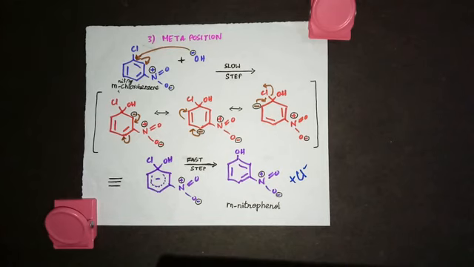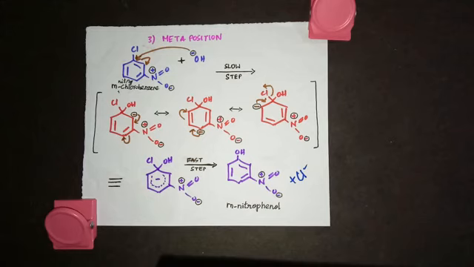So based on these, they might ask you a question: which of the following compounds will undergo nucleophilic substitution reaction at a faster rate? Whether it is chlorobenzene or metanitrochlorobenzene or orthonitrochlorobenzene, which will undergo nucleophilic reaction faster? Orthonitrochlorobenzene. And then you have to tell it's para. If ortho and para are substituted at the same time, then they will be more reactive towards nucleophilic substitution reactions. So with increase in number of such electron withdrawing groups at ortho and para position, more will be the reactivity towards the nucleophilic substitution reactions.